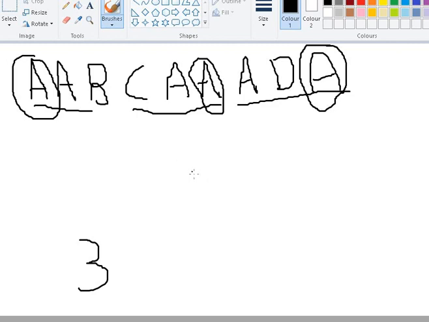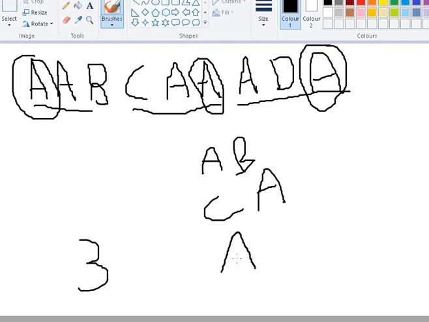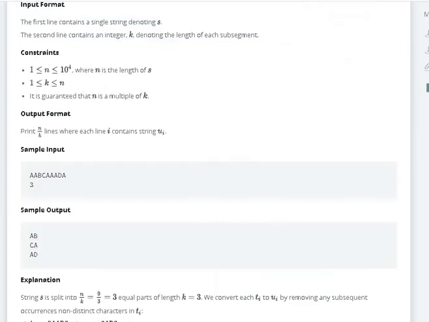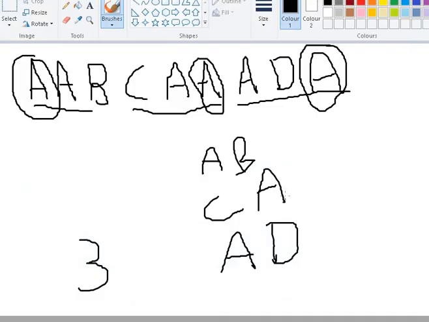Now if you remove these values, you can get the output AB, CA, AD. Now let's see the output. AB, CA, AD. Okay, I have removed it easily.